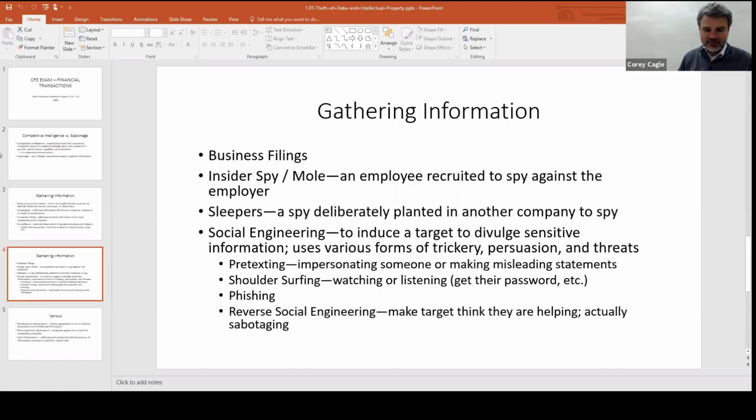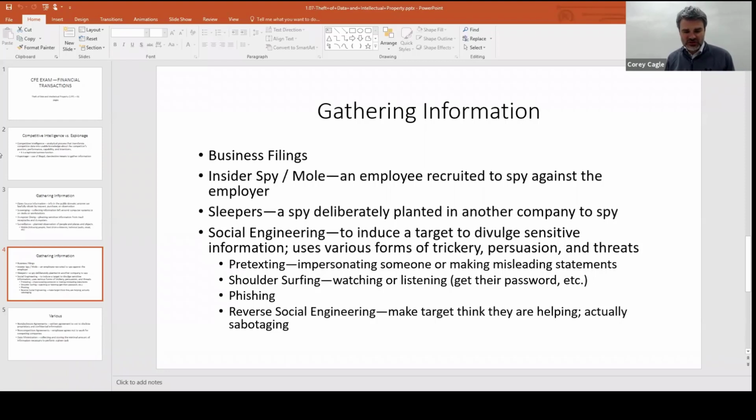Pretexting, you're impersonating someone. Shoulder surfing, you are literally watching over their shoulder or listening, trying to get their password or something like that. Phishing, we don't have to define that one. But they do later in the different sections go into specific types of phishing. There's spear phishing, and spear phishing is just a more direct attack. There's another type of phishing where it's more of a wider cast net. I forget the name of that one. There's farming, farm. Yeah, we get into all that later. I can't remember all of it off the top of my head.